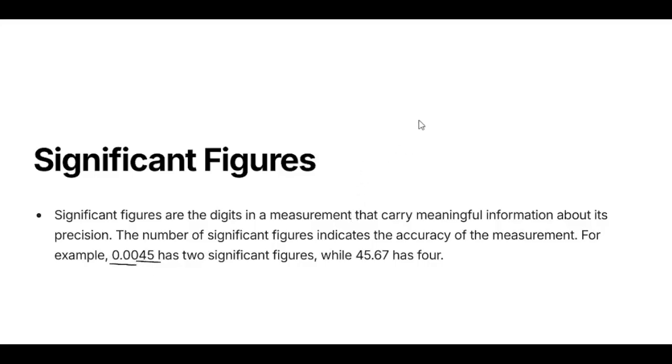So if it's 0 between, let's assume we have the same number, 0.00405. The significant figures here are three significant figures because we have 4, 0, and 5 in this digit. When you have the zeros coming before the first number that is not 0, you would take them as irrelevant. But when it's after or in between,